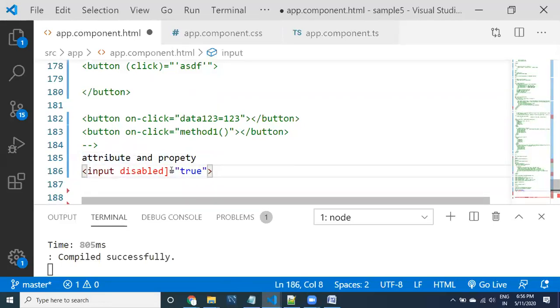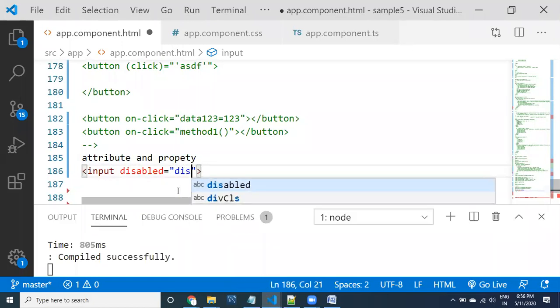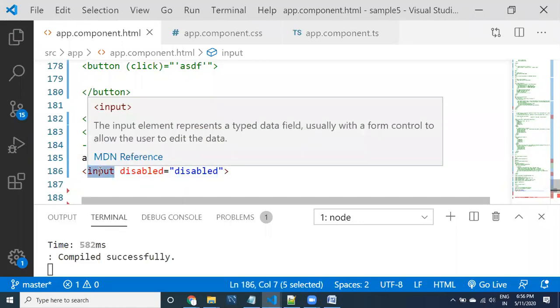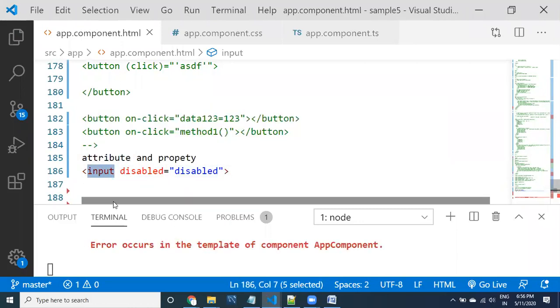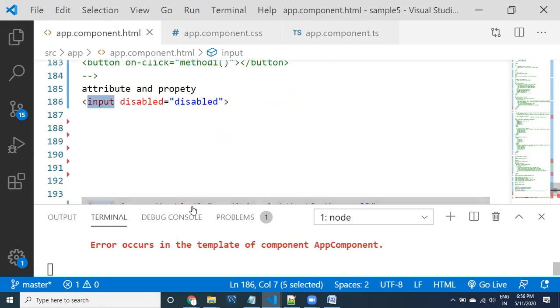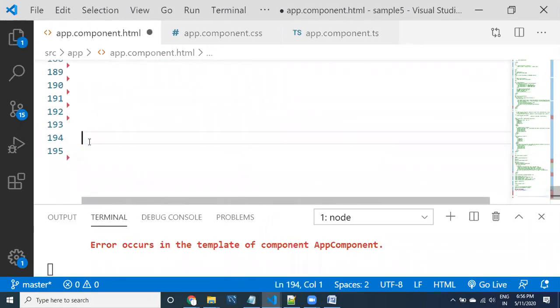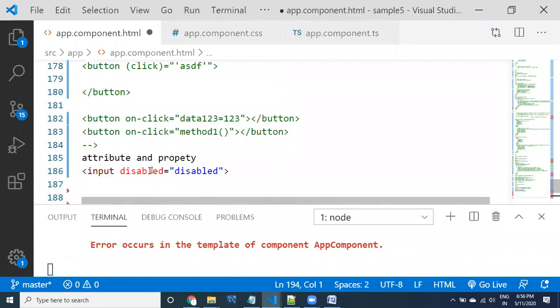You can simply use it like this; this is going to be a normal attribute of this input. What I'm trying to tell here is that input disabled equal to disabled means this is the attribute.